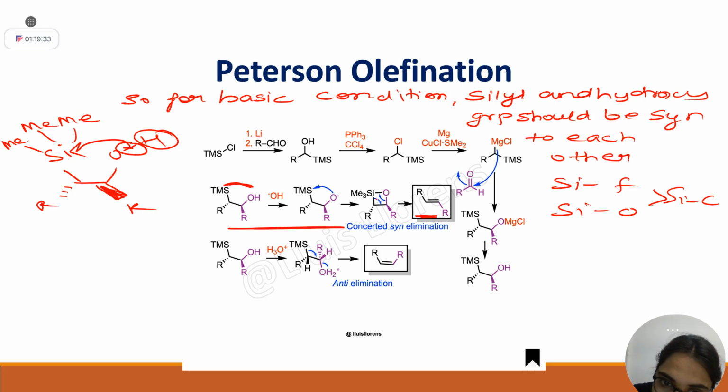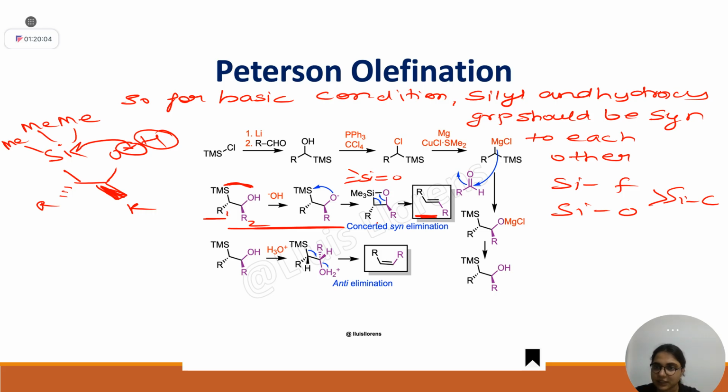Yes, ma'am. If this bond breaks, the silicon will be having positive charge and you will get silicon double bond O Me3. And here, positive and negative, it will be your olefin. Now clear? Yes, ma'am. Your starting material, these R were trans to each other. If I say this is R1, R2, in your final product also they are trans to each other. Clear?